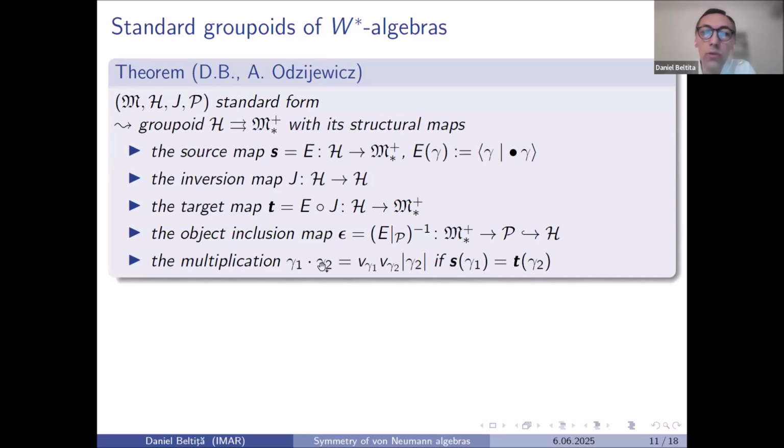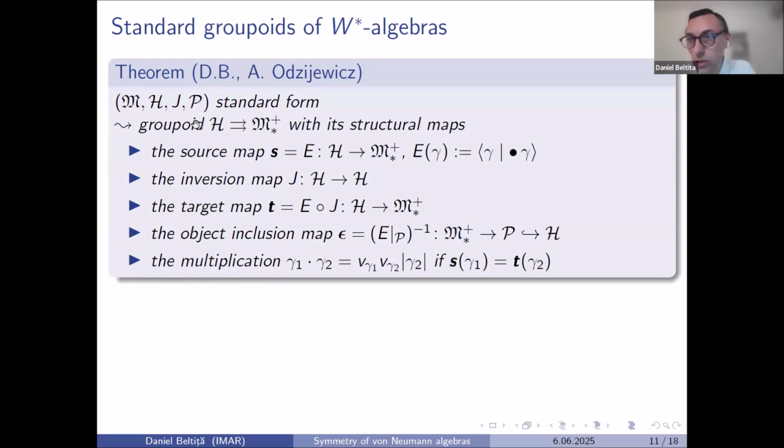If we have two vectors in the Hilbert space, we define this kind of partial multiplication on the Hilbert space using the polar decompositions. And when I say it is a groupoid, it means in particular this multiplication is associative, and we have the other properties that are group-like. So as you see, the basic elements of Haagerup's theory of standard forms actually fit together in a groupoid, and that is why we like to call this a standard groupoid.